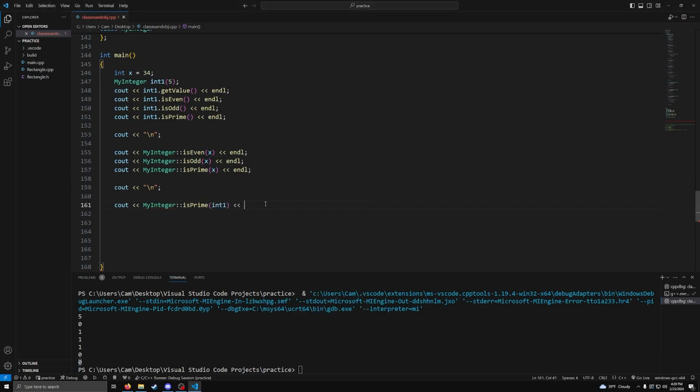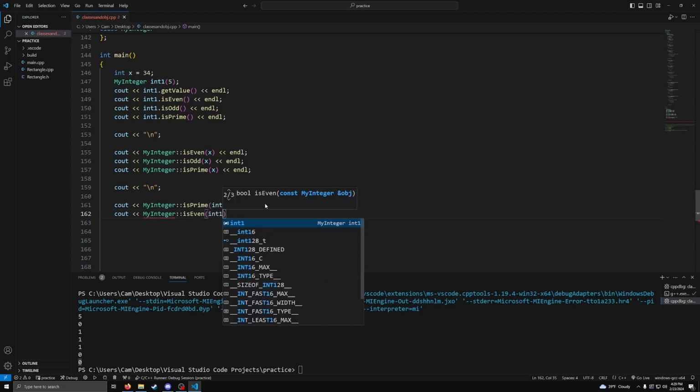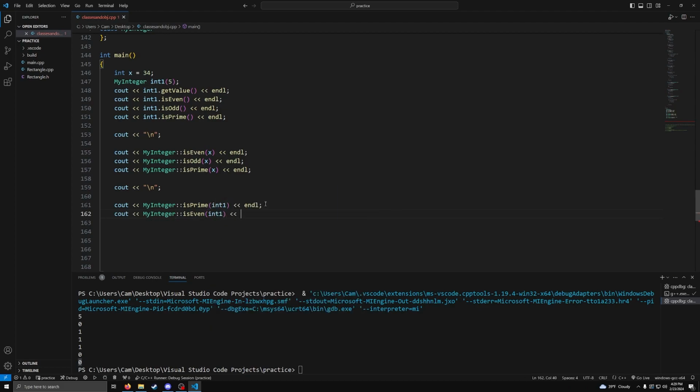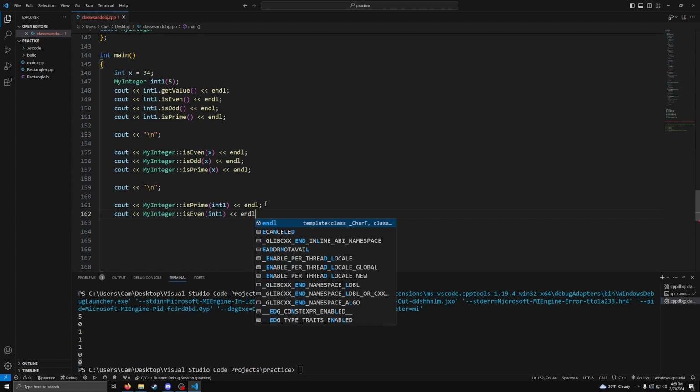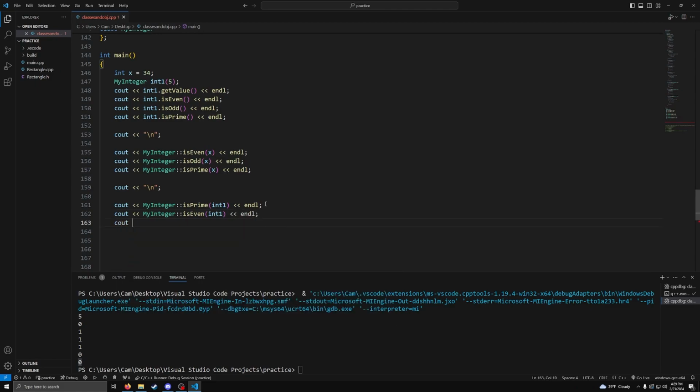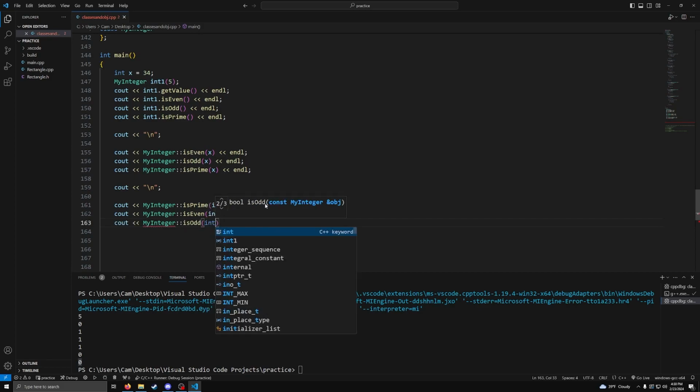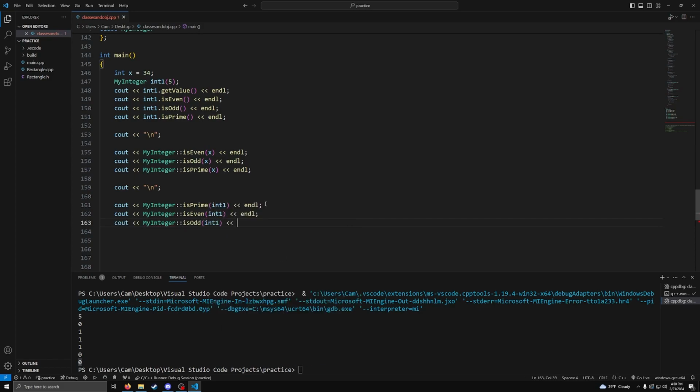Then we can add a new line here. And basically it's the same thing. We're calling in my integer is even. Oh, I wish I did it like even, odd, prime, but it's fine. I was just picking whatever function popped up for me. But now we're going to call in odd. And this should basically give us the same values that we got when we called the methods directly